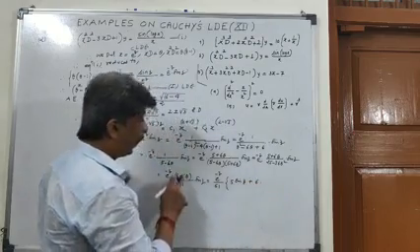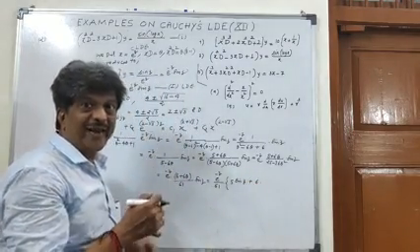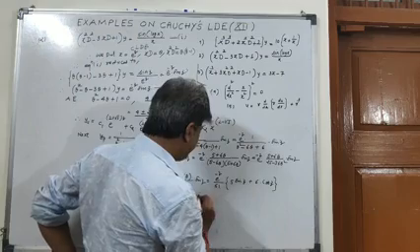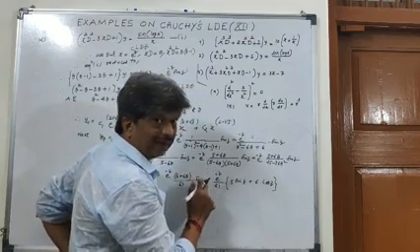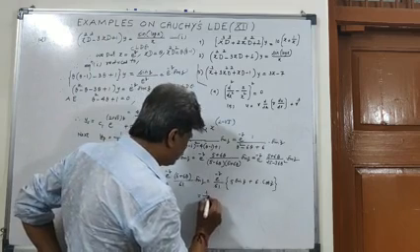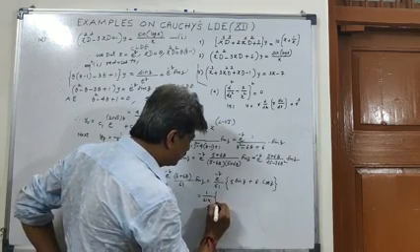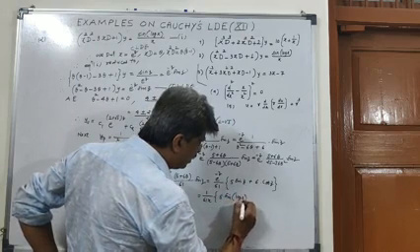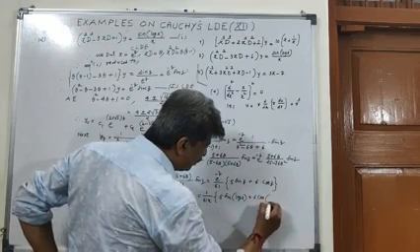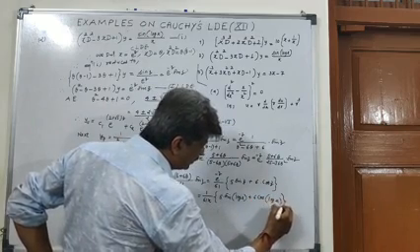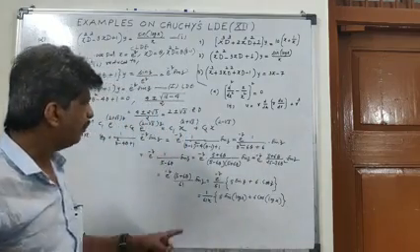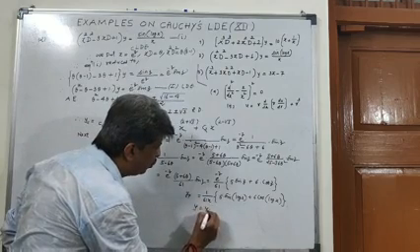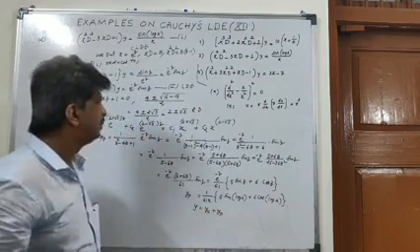plus 6 times theta of sin z. Theta means d by dz. D by dz of sin z is cos z. Again it is equal to e raised to power minus z means 1 by x. So it is 1 upon 61x times 5 sin of z means log x plus 6 cos log of x. So this is the final value of yp, y equal to yc plus yp.